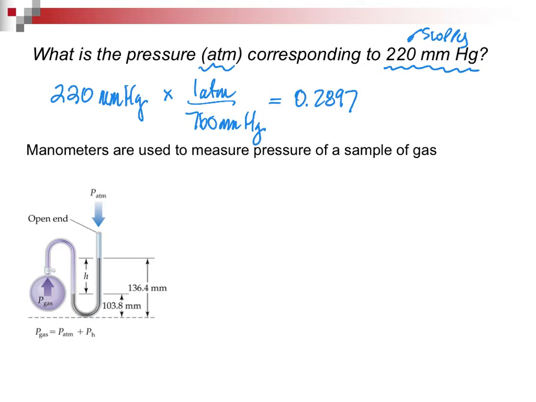So here you can see this is a sloppy way to put down a number. I didn't indicate the number of sig figs. What if I had put a little decimal point? It would say that this has 3 sig figs, and this would come out to be 0.290 atm. That is why you always want to use decimal points, so that you do have this.